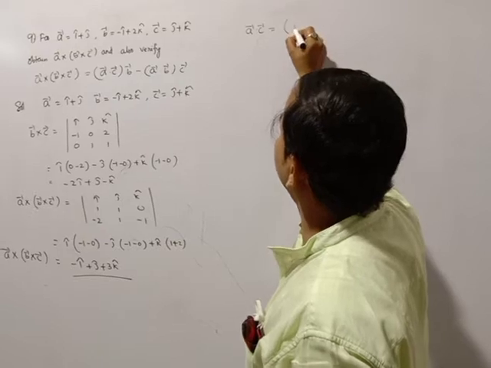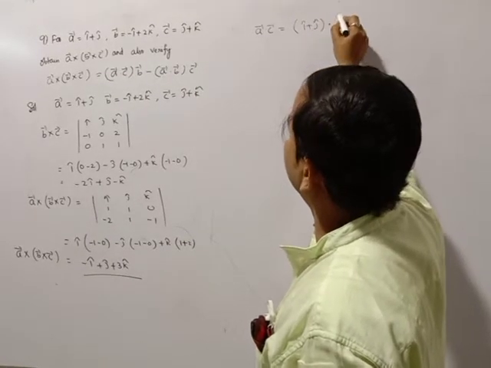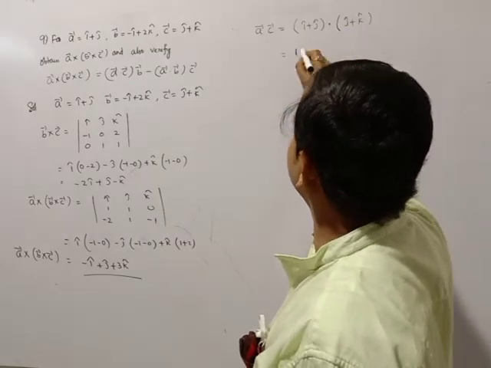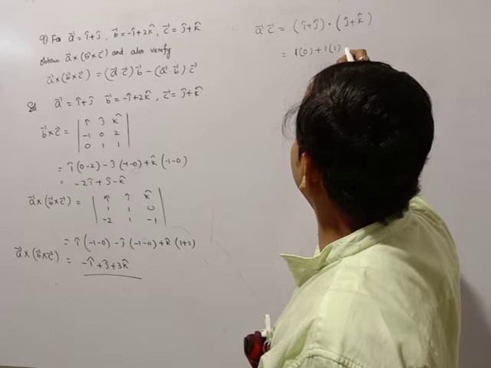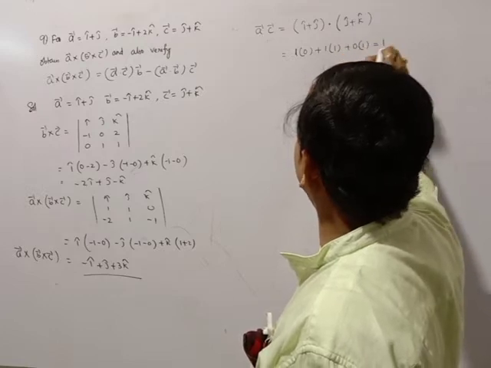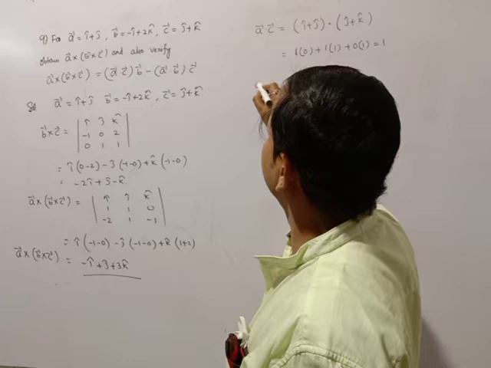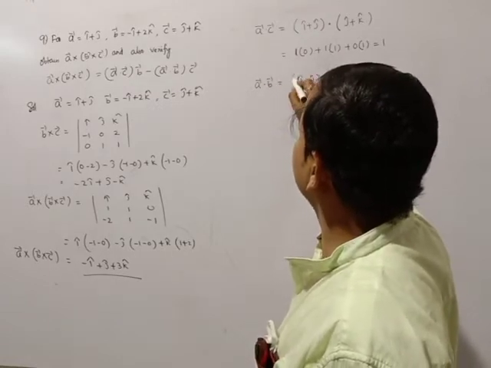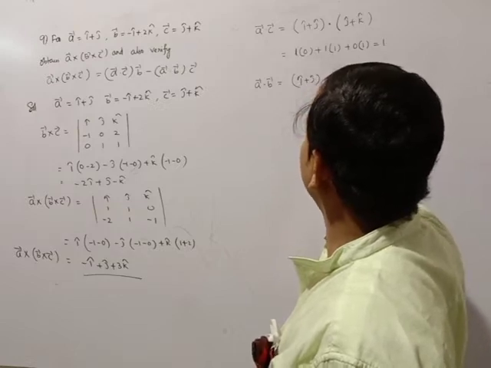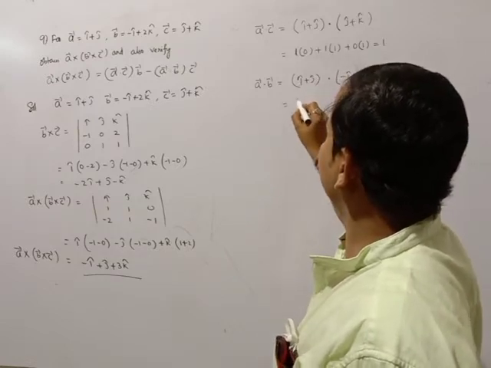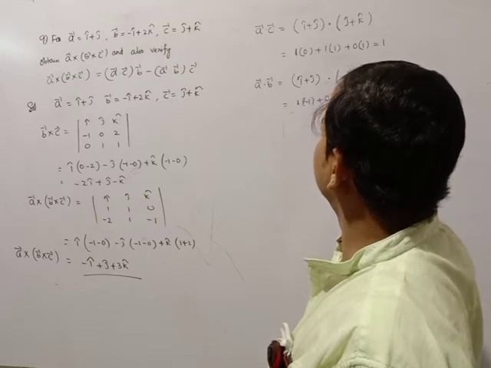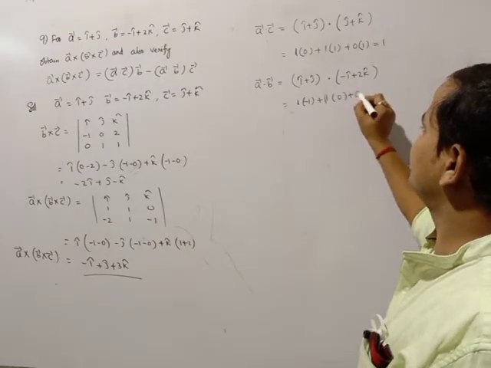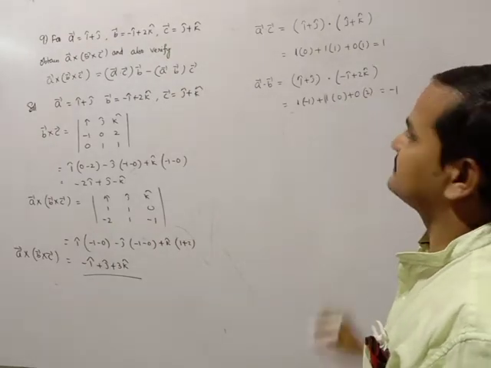A bar is the first vector, i bar plus j bar, dot C bar, j bar plus k bar. There the i bar coefficient is 1 but it is not there, so 0. The j bar coefficient is 1, and the k bar coefficient is not there, it is 1, so the result is 1. And similarly, A bar dot B bar is i bar plus j bar dot minus i bar plus 2k bar. That is i bar coefficient 1, here minus 1, here 0, the j bar coefficient is 1, here nothing is 0, plus k bar coefficient nothing, 0 into 2, that is minus 1.